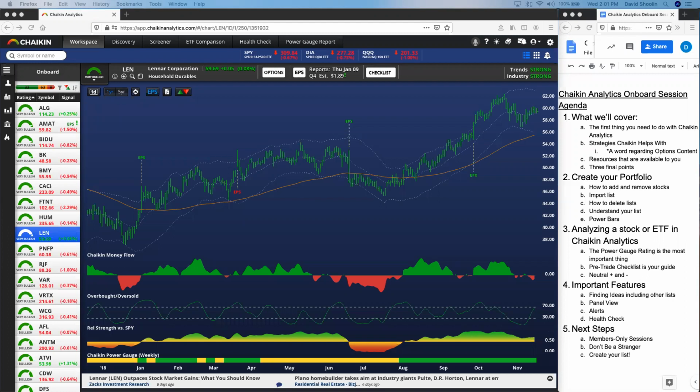What are we going to start with today, folks? Well, we're going to begin with the very first thing you need to be doing with Chaikin Analytics. What is that first step? How do we do it? Why do we do it? What are the benefits? As we move our way through the platform discussing it today, you will notice that this is a very useful and valuable tool for long-term investing, for intermediate-term investing or trading, short-term trading, swing trading, and